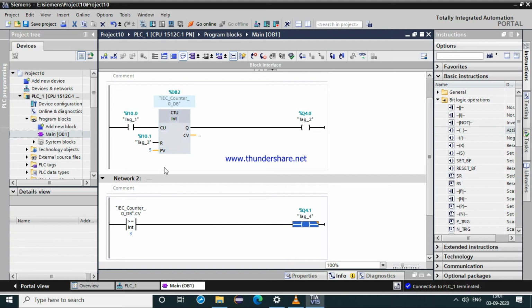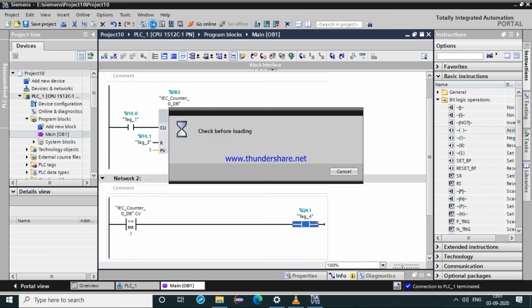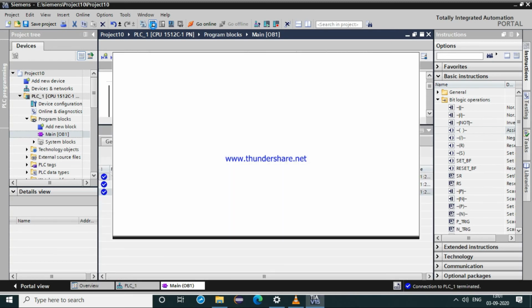You can use the same counter, the tagging, and use the comparator. That is, if it reaches the count of 3, my second output should operate. We will download this and look at the comparator operation.